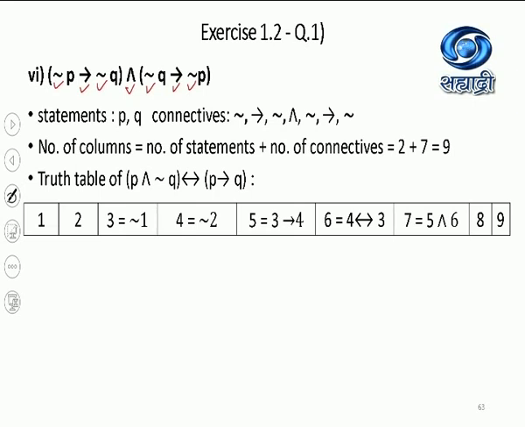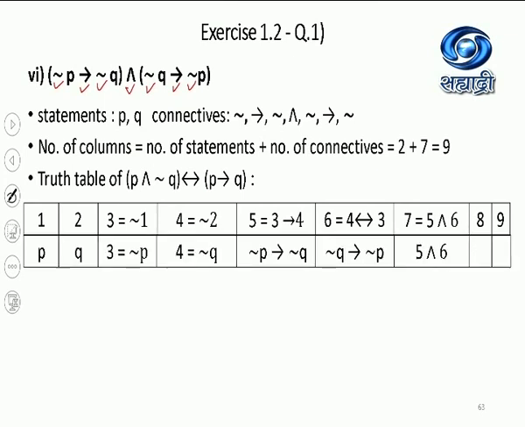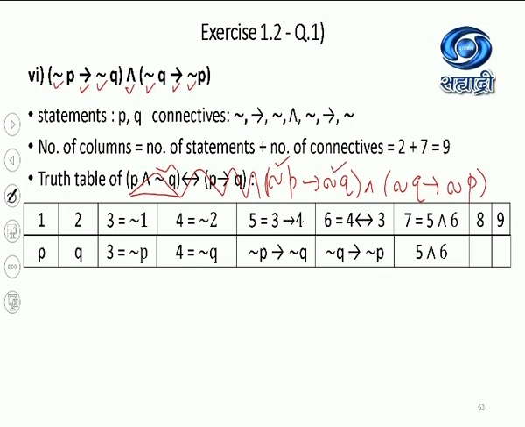The first two will go for the prime components P, Q. Now for the statement pattern, the third column will be allotted for the bracket, because first we have to simplify the bracket. But inside the bracket we have negation P. There is a typing mistake, I have corrected it. So column 3 is for negation P for this round bracket, then column 4 for negation Q, and column 5 will be the bracket negation P implies negation Q.